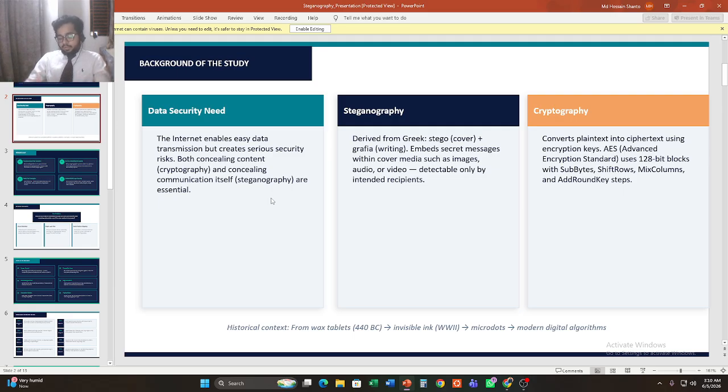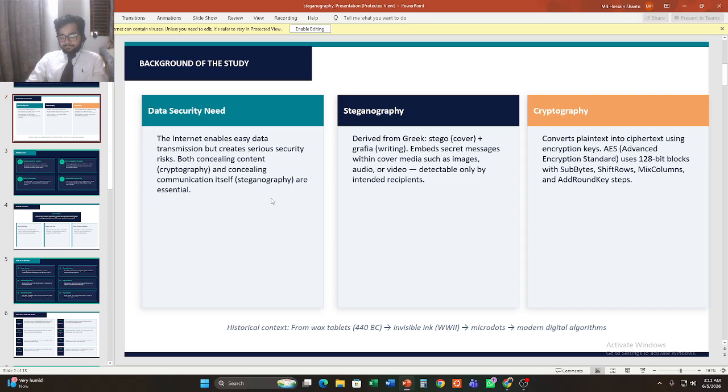Historically, two major techniques have been developed to address this challenge. The first is cryptography. Cryptography, derived from the Greek word meaning secret writing, is the practice of converting readable data called plain text into unreadable data called ciphertext using an encryption algorithm and a secret key.